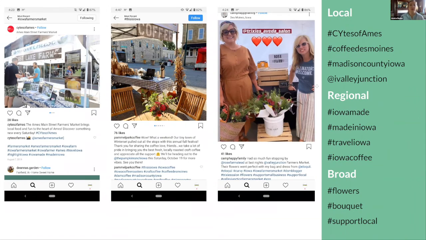Here are some more examples of some really local hashtags. Sites of Ames, they took a picture of their Main Street Farmers Market and used their community hashtag, which is Sites of Ames. Like Coffee Des Moines, then we've got a hashtag Madison County. So try to